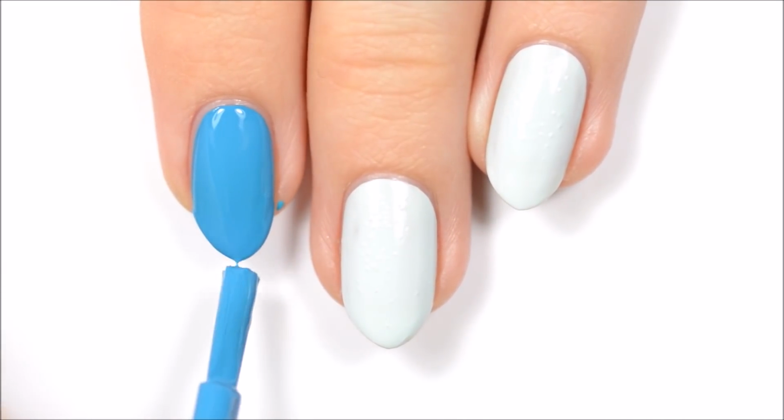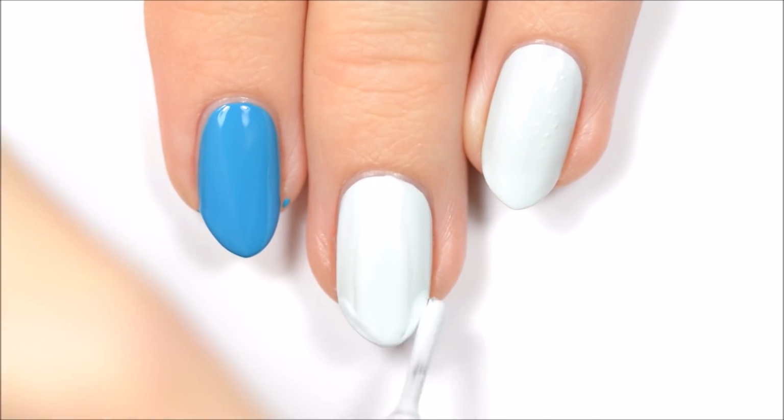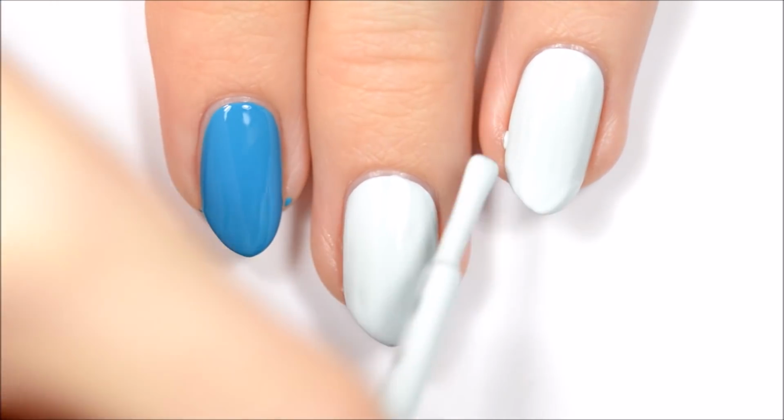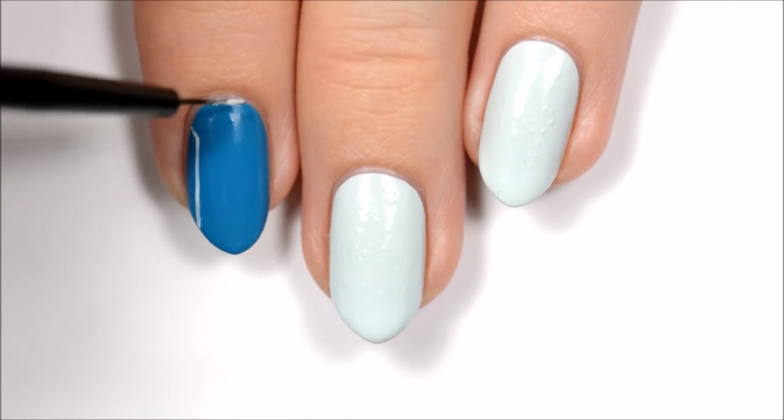I've already applied a base coat to protect my natural nails as well as the first coat of polish. For today's design, you'll want to paint your middle and ring fingers a light blue and all of your other nails a medium blue. For the first nail, we'll be painting a Wi-Fi icon over top of a circuit board